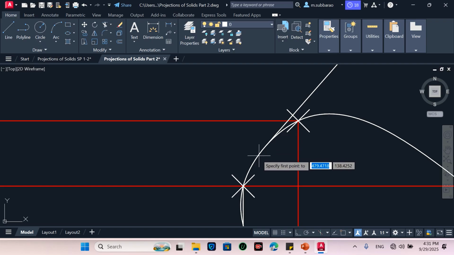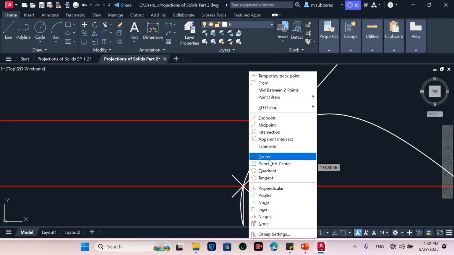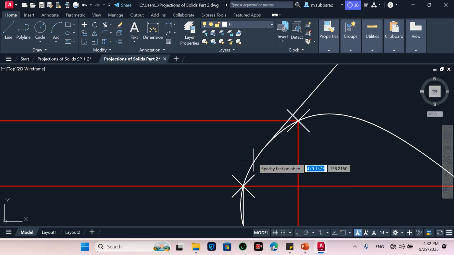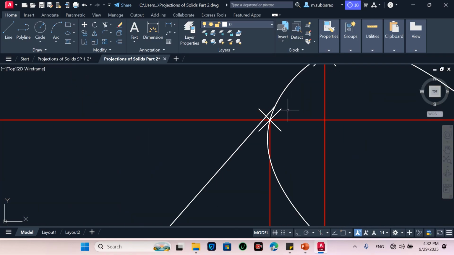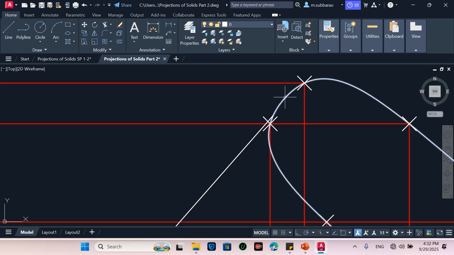So it is not showing the tangent on this side. Go to the line command. Take the right button, tangent. It is not taking the tangent, invalid point. So now this is how you can draw, and maybe you can avoid this by drawing another line from maybe